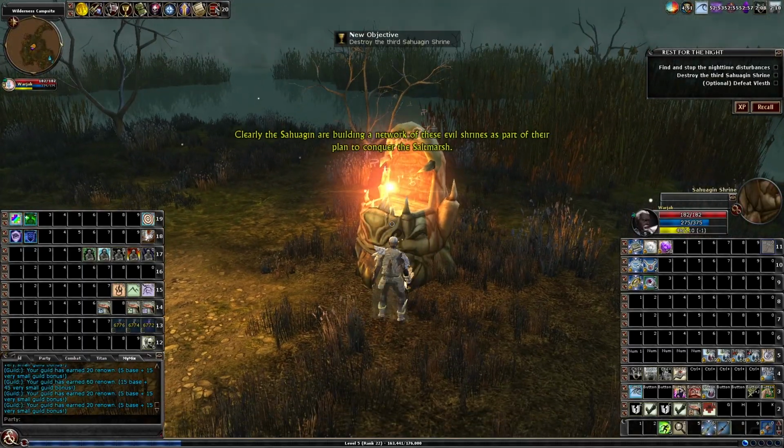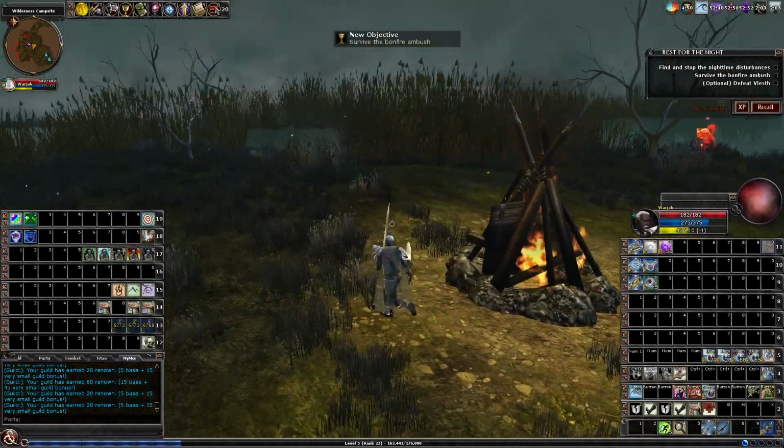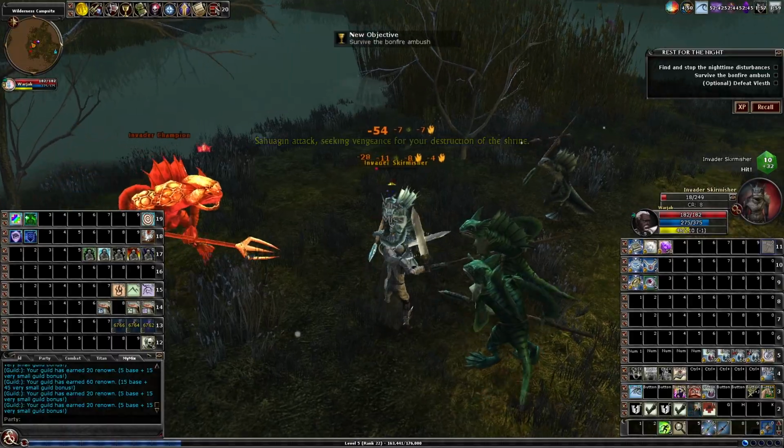Clearly, the Sahuagin are building a network of these evil shrines as part of their plan to conquer the Saltmarsh. Sahuagin attack, seeking vengeance for You do this funny thing where they run up to you, then they turn around